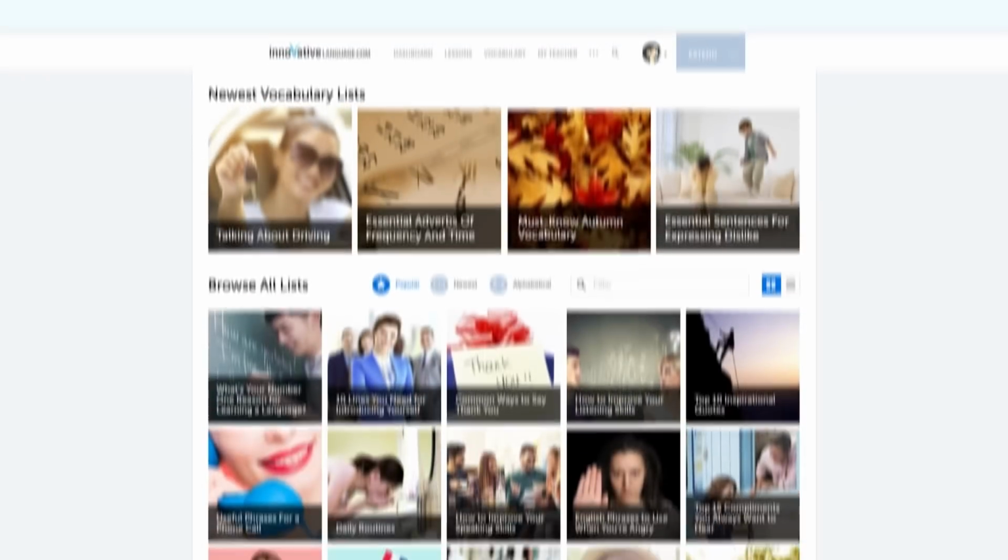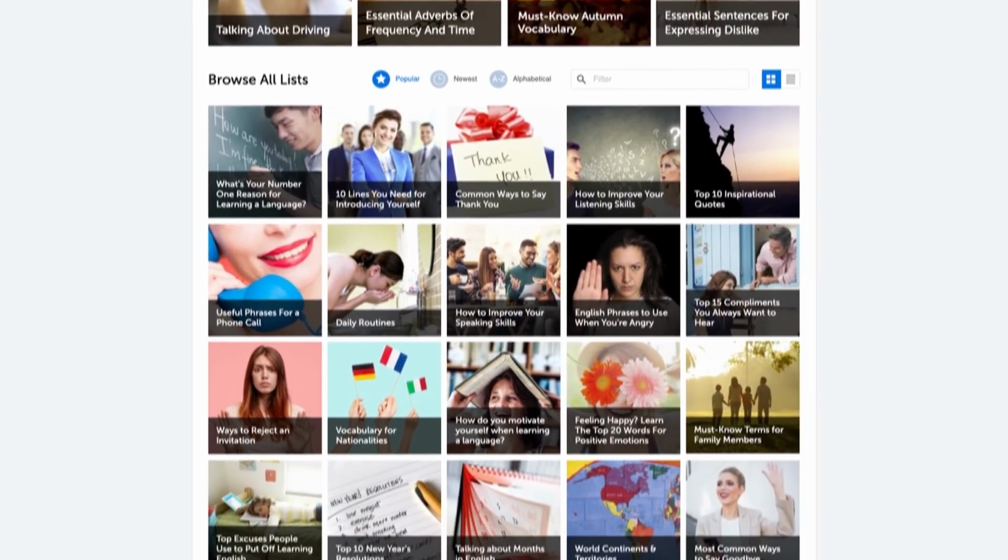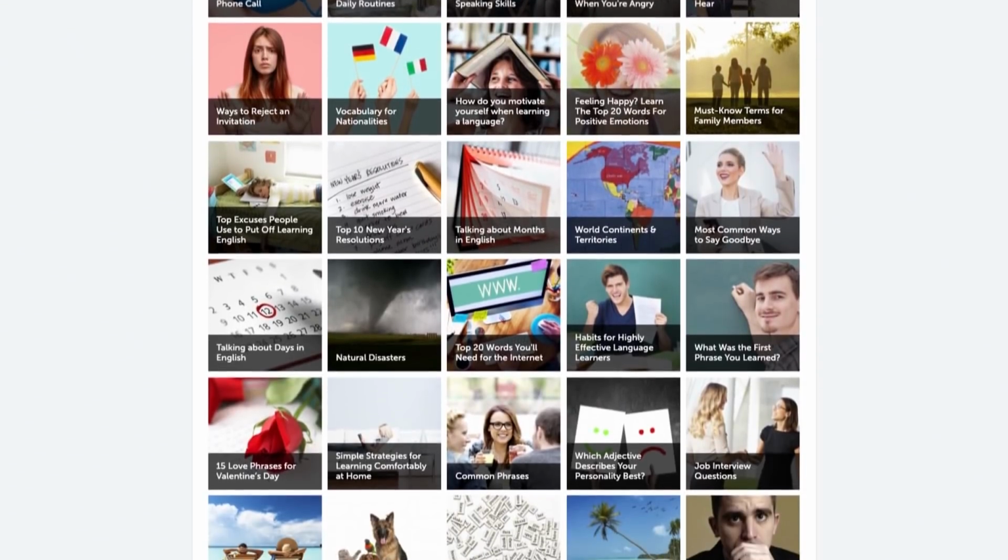For vocabulary, use our spaced repetition flashcards to master the words. And of course, write them down in a notebook, say them out loud, and save them in the word bank so you can come back to them to review later. And for culture, take our lessons. You'll pick up culture tips along the way. Check out our culture class lessons as well.